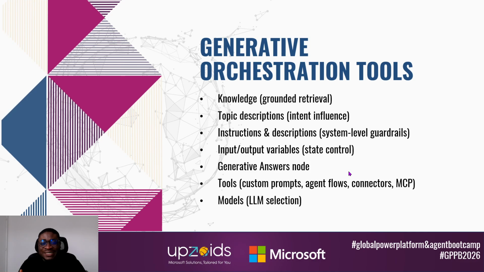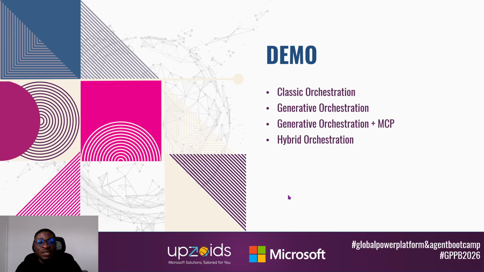And behind the scenes we have our models, and you can choose different models. And I think even now you can build a model in AI Foundry and use it from within your agent. So there's so many models available for you to use. Now, we're going to go into the demo,